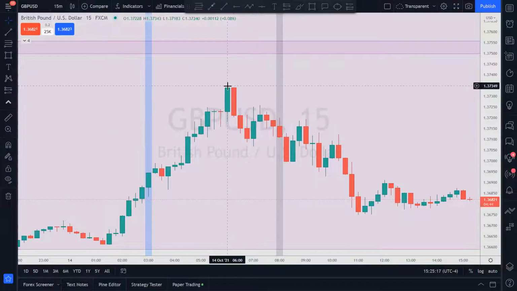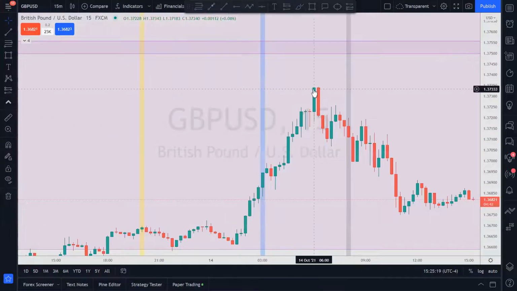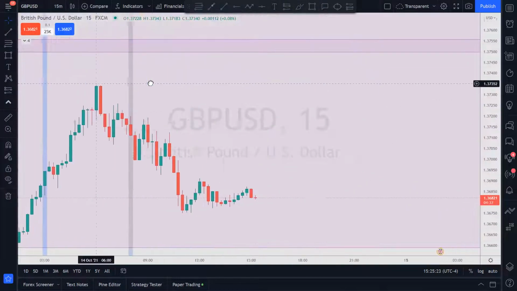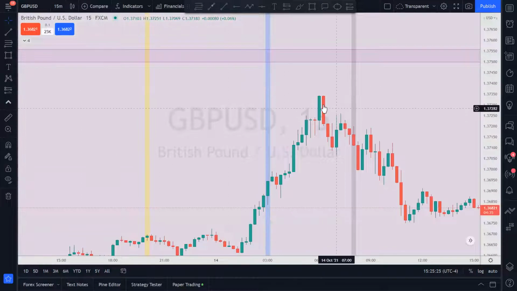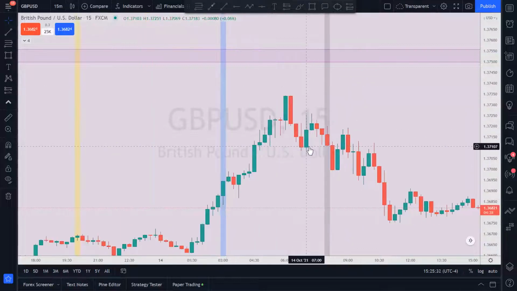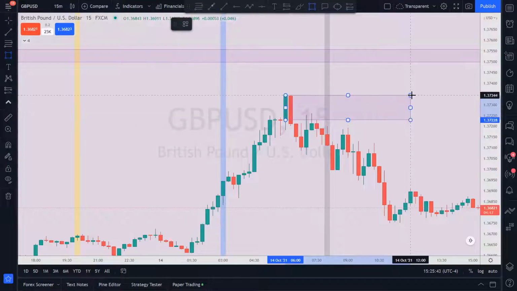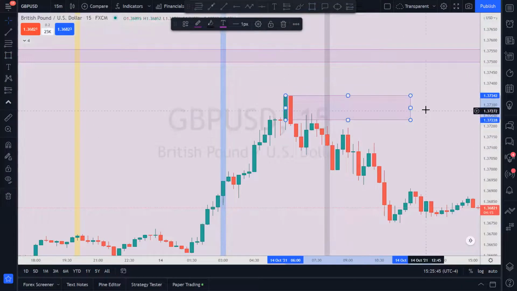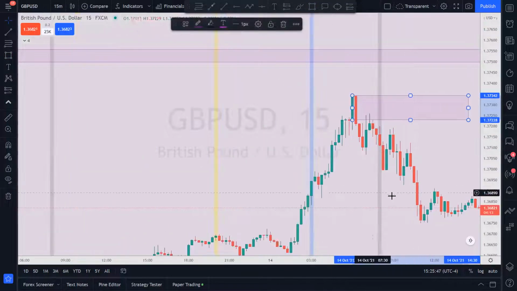So price comes up here. We hit this order block, and I'm trying to remember, if we look all the way to the left, we'll see where we were at. We're looking for signs of reversal up here, remember? And this is in the middle of London. We made a bearish order block here, and this is exactly what you want to see, because you're looking for signs of reversal, and this is a great sign that price will reverse.